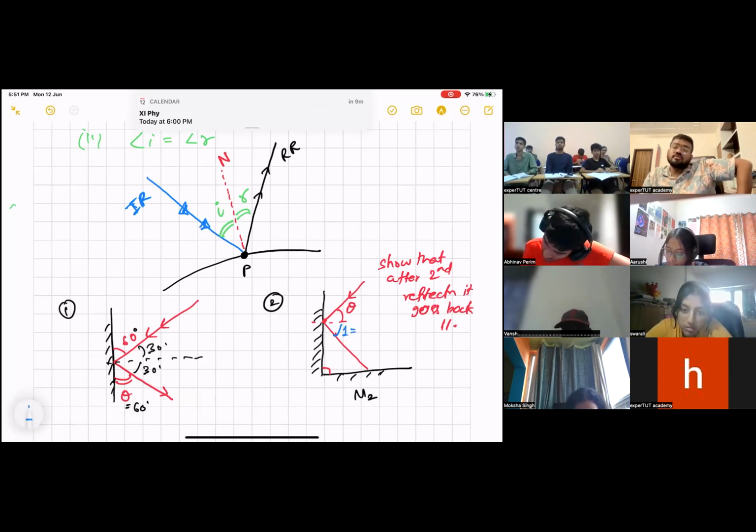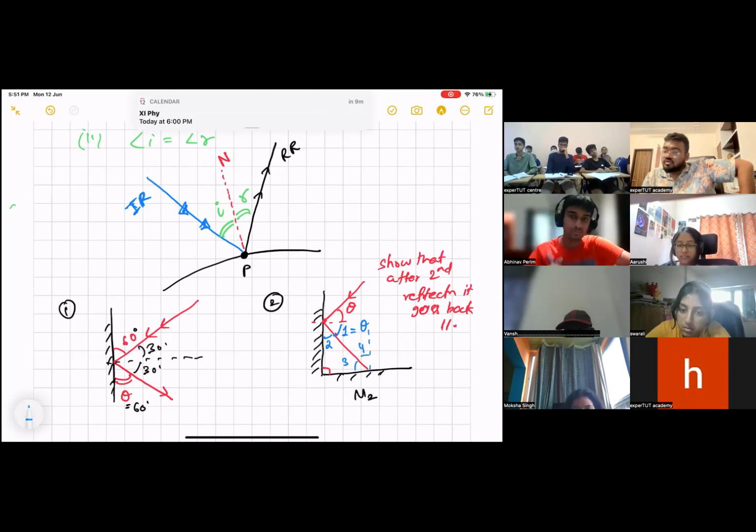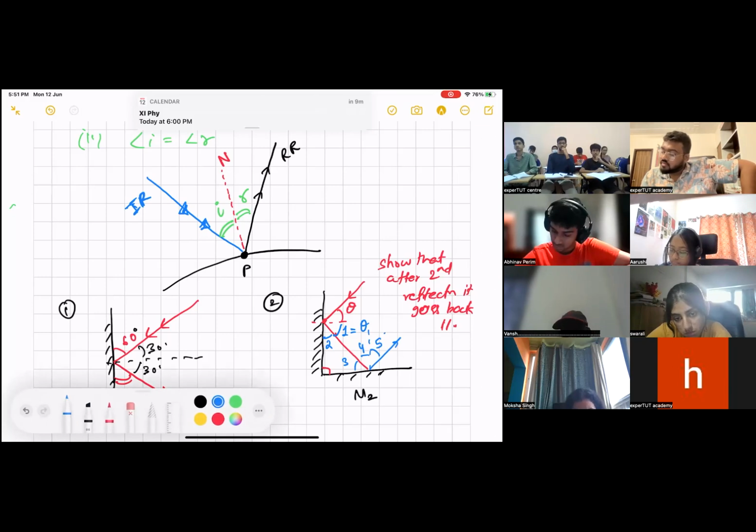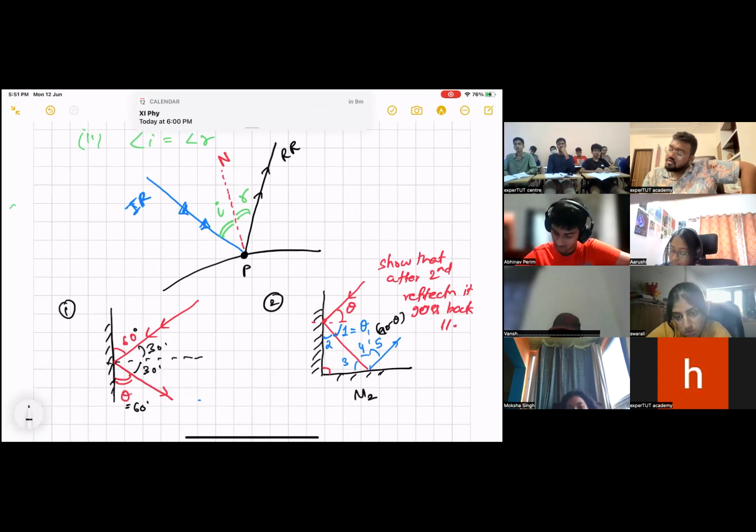Darsh, what is angle 1 equal to? Theta. Angle 2, 90 minus theta. Angle 3, theta. Angle 4, 90 minus theta. Angle 5, 90 minus theta. Good. Now, if you see the line AB and the line CD,